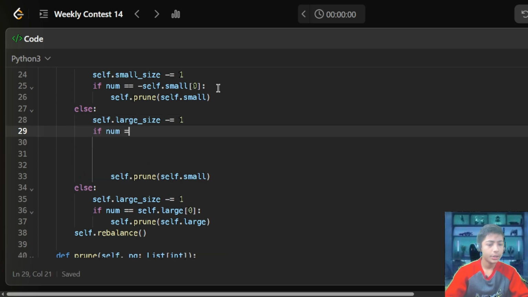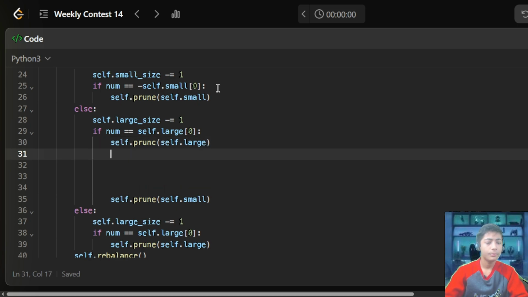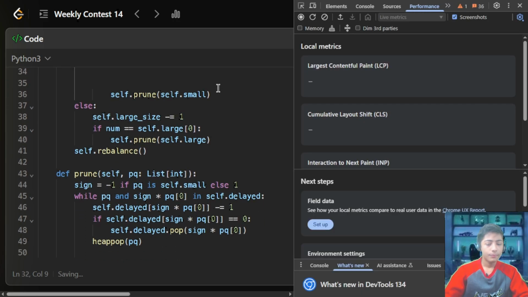If num == self.large[0], one more time self.prune(self.large), enter back, self.rebalance, enter back, okay.